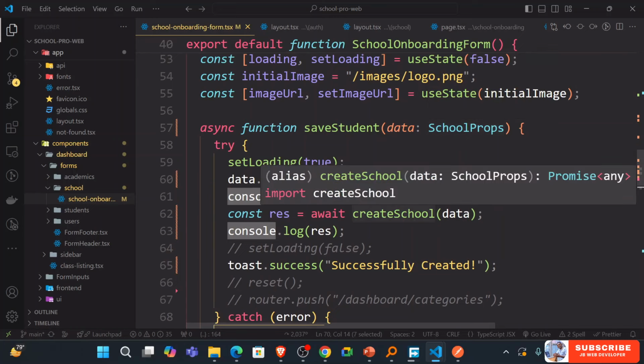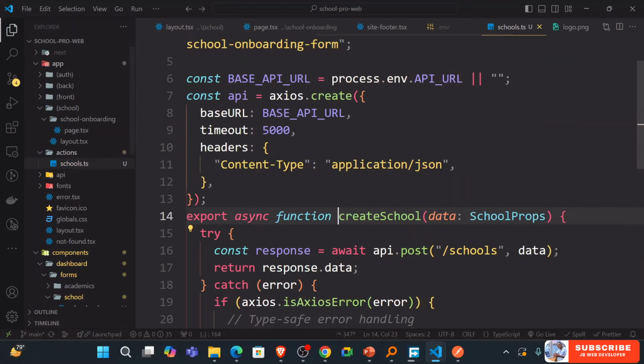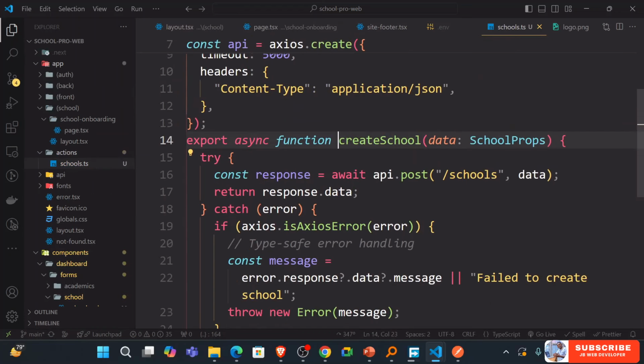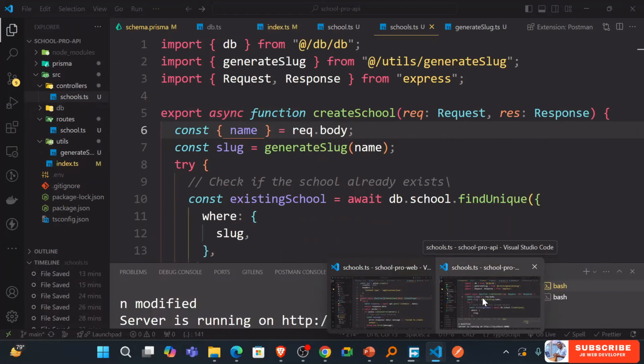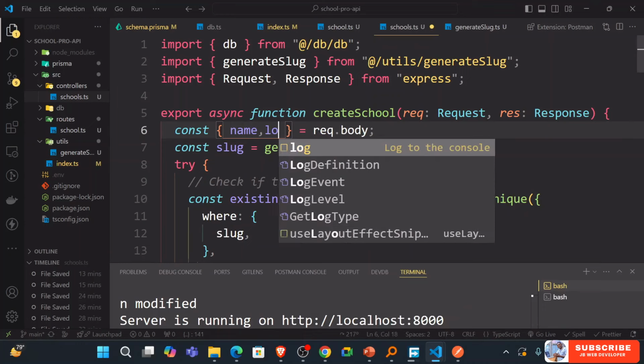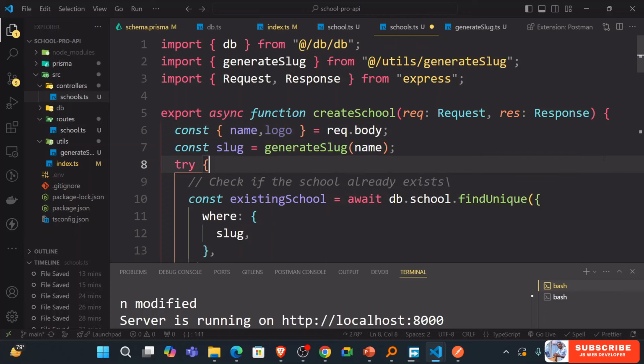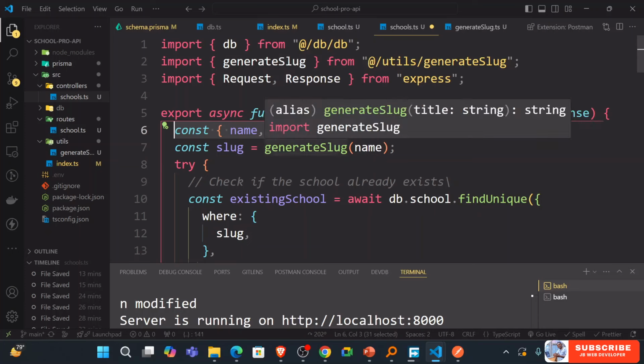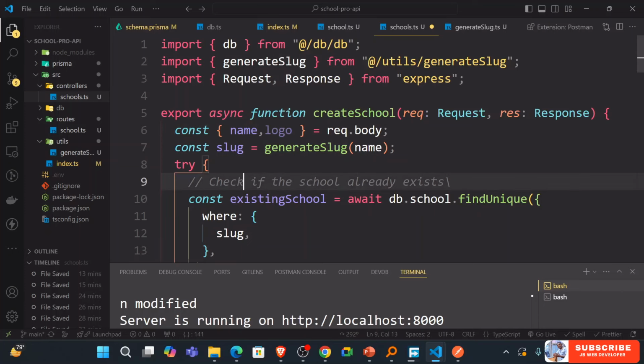We send this data to the create school, and then create school gets this and sends it to the API. So on the other side, we need to accept that this body comes with also the logo. By the way, we can also just do some data types here, and then we generate the slug,